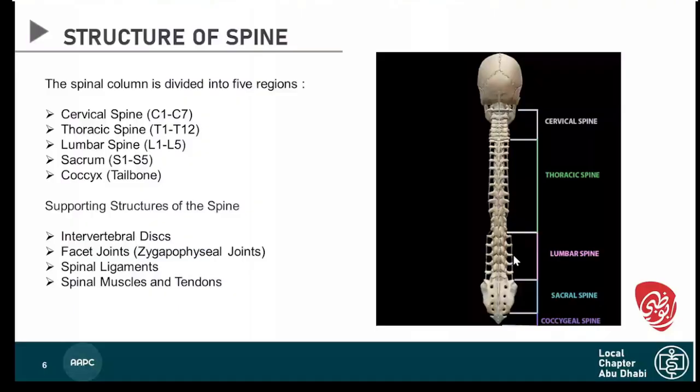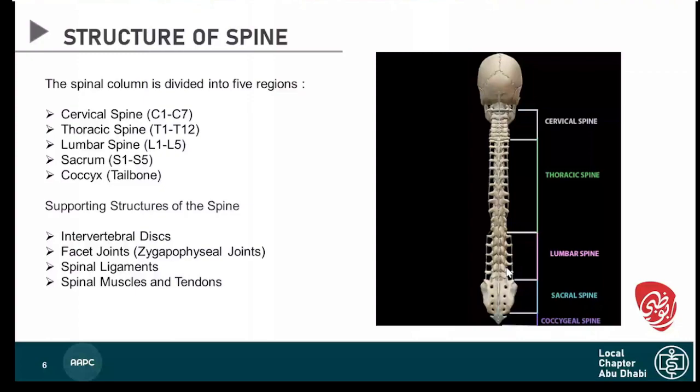Next comes the sacral and coccygeal spine. The sacrum and coccyx are considered false vertebrae. The sacrum is made up of 5 fused bones. There is no intervertebral disc between the sacrum and coccyx. So this is considered false vertebrae because